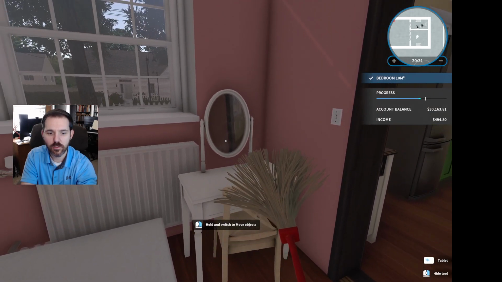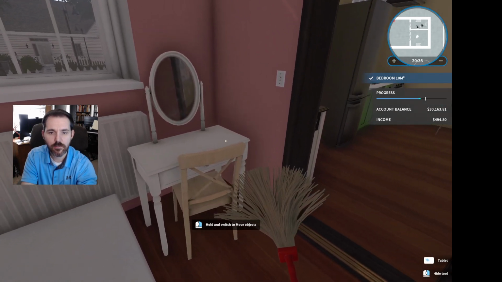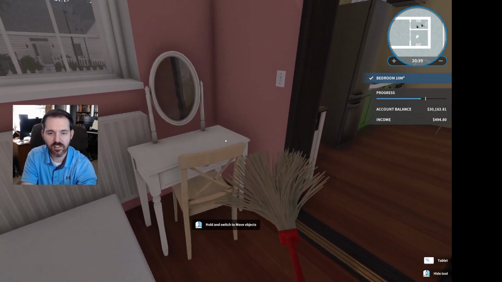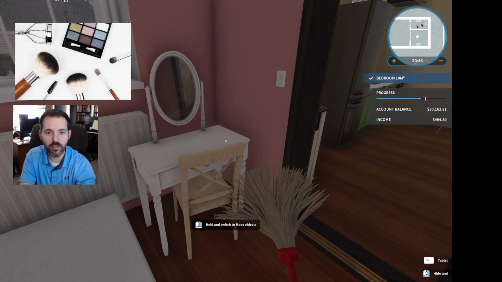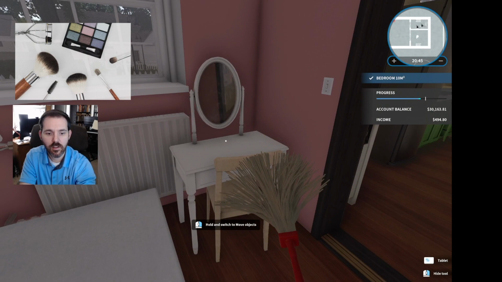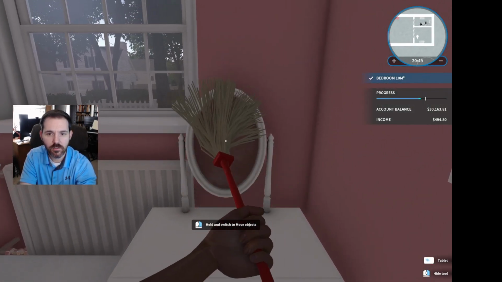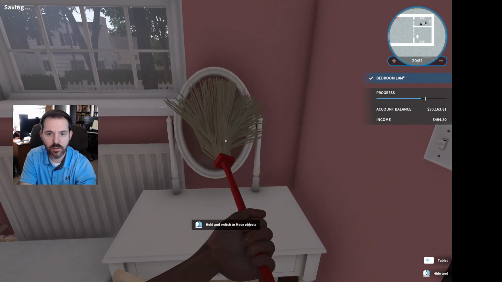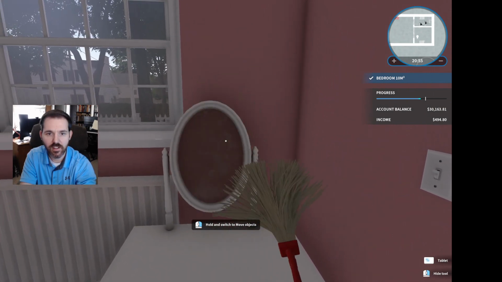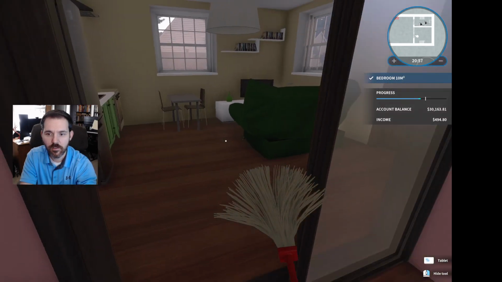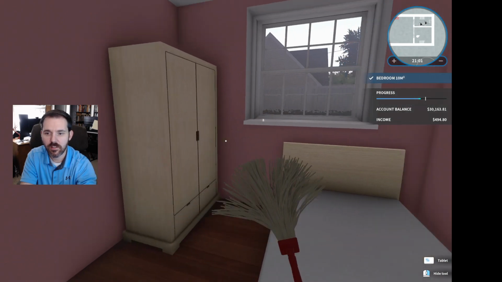Looks like the mirror is dirty, so there's a little, this is called a vanity. It's where a person can sit and apply makeup to their face. They can see their face in the mirror, and so let's go ahead and clean this mirror. I think, well, maybe it's actually not cleaning. Okay. So let's look around. Is there anything else to clean?